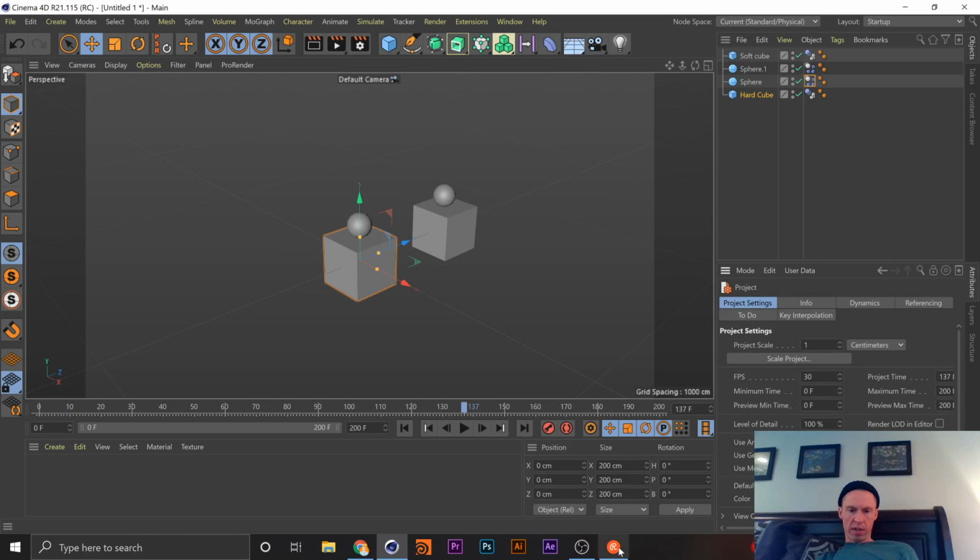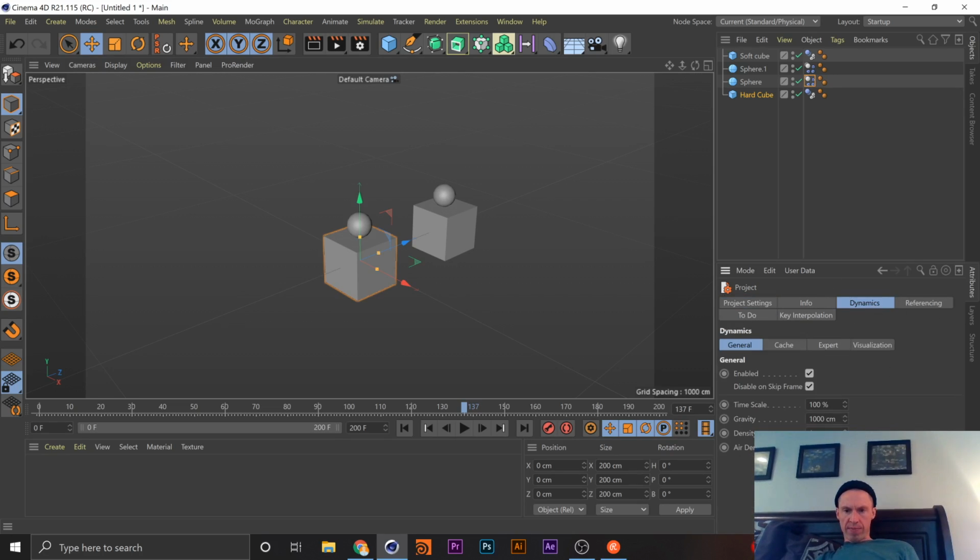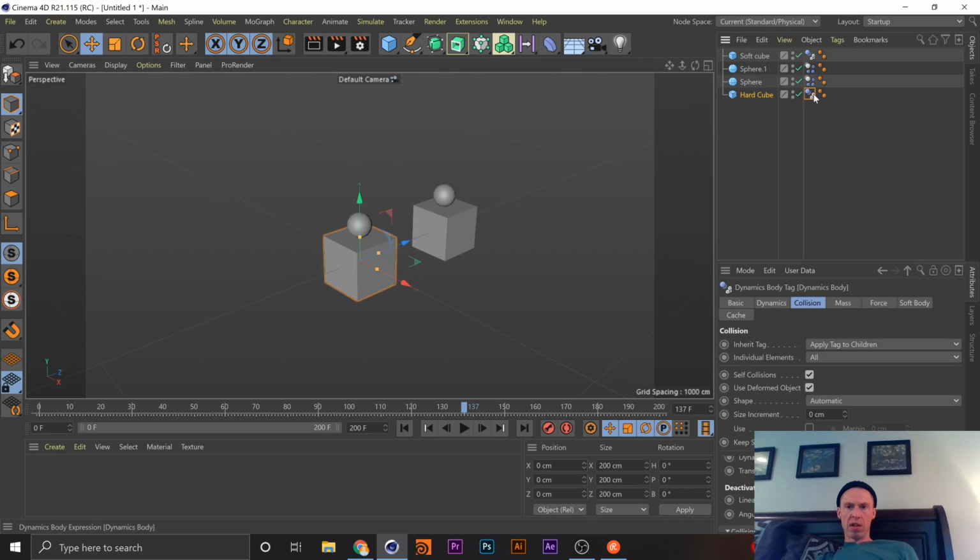Go into my project settings. Let's take a look at my dynamics here. Okay. I mean, nothing out of the ordinary. Okay, so if my bounce is set to 100 and my friction is set to 0, let's put this to